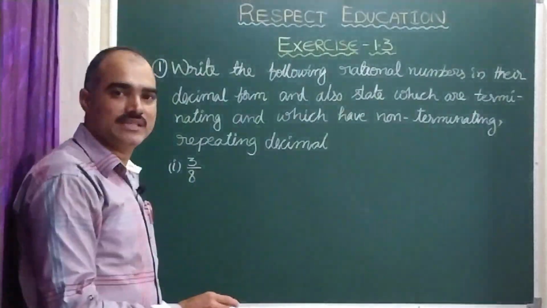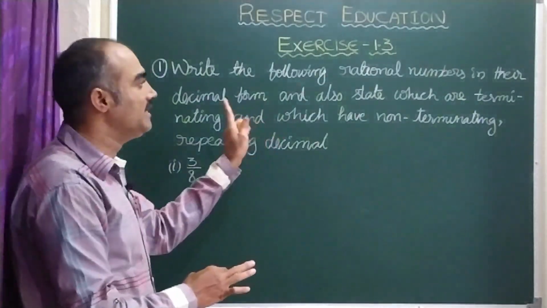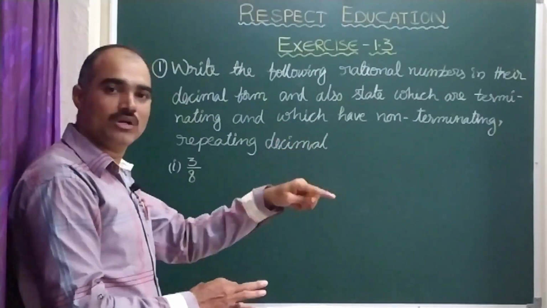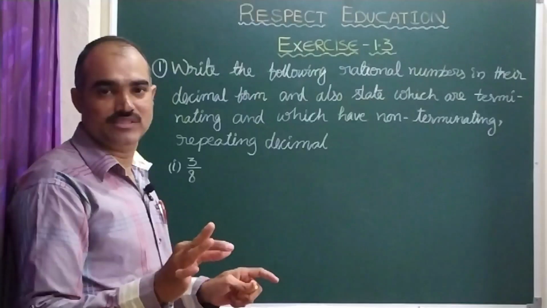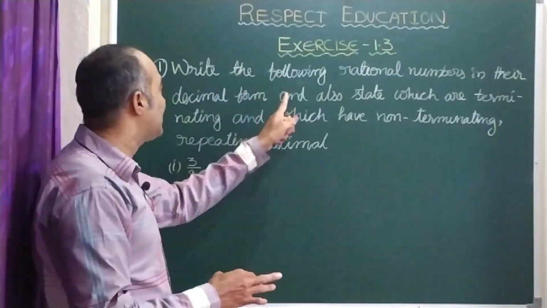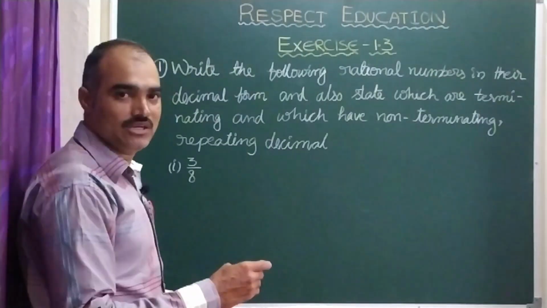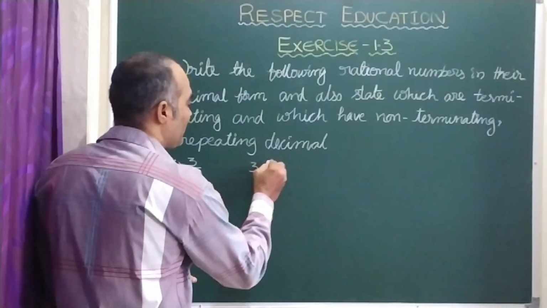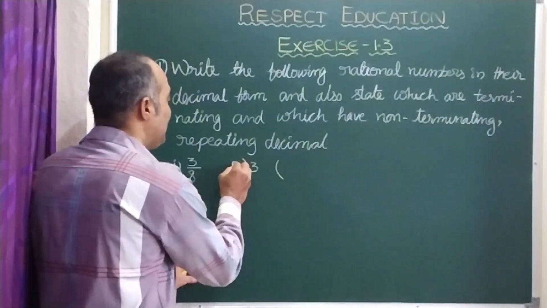It's nothing difficult, children. Here we can do normal division because the question does not mention "without actual division." Those questions are going to come forward. At present, as the condition doesn't mention it, we are able to do the normal division only. So let us take the numerator 3 and divide it by the denominator 8.